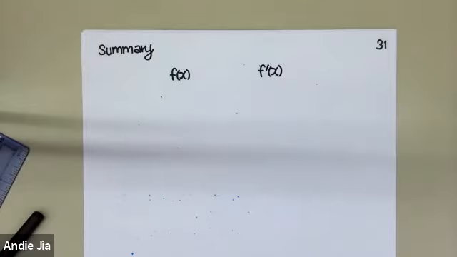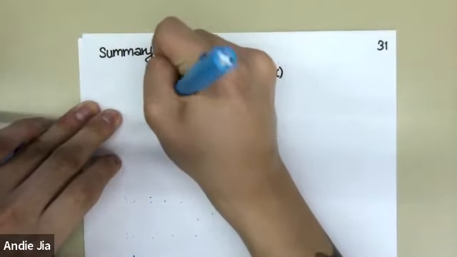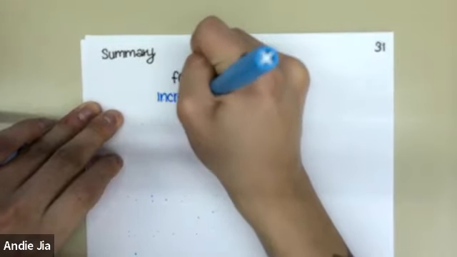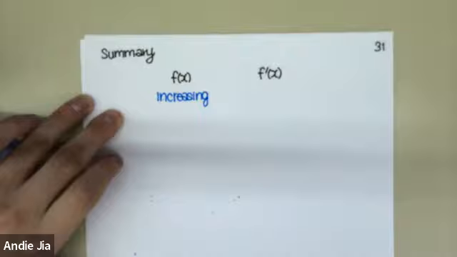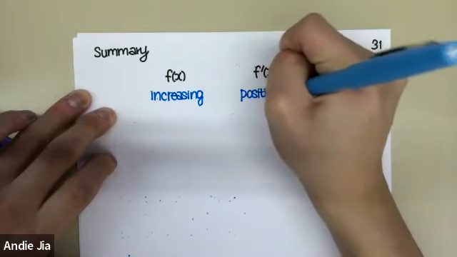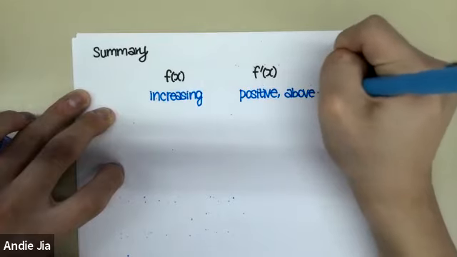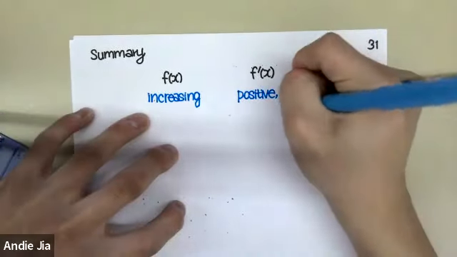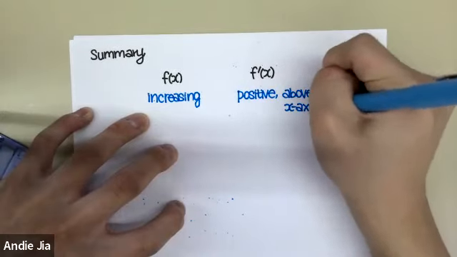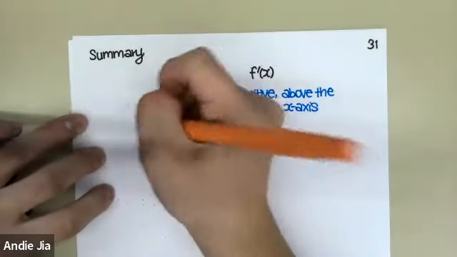For any f of x that is increasing, the derivative is positive, above the x-axis. In case two, f of x has a horizontal tangent line, a hill,